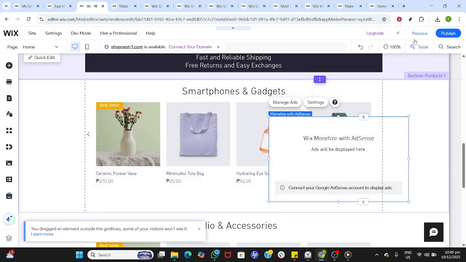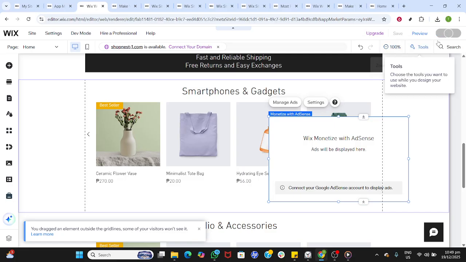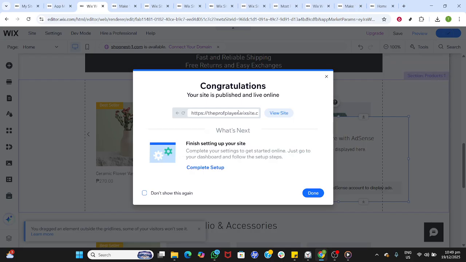Also keep mobile in mind. Make sure your placements still look good on smaller screens, and don't push key content too far down. When your ad units are placed and you're happy with the layout, click Publish to push your changes live. If you've just linked AdSense